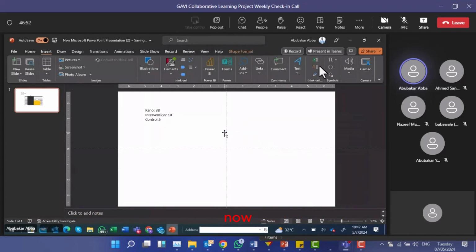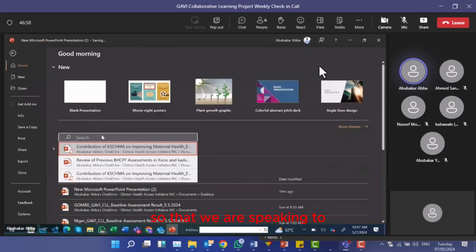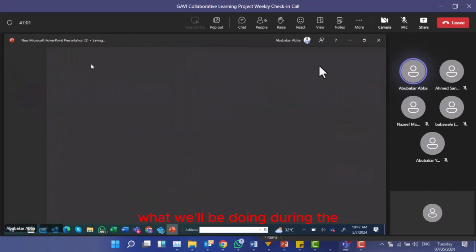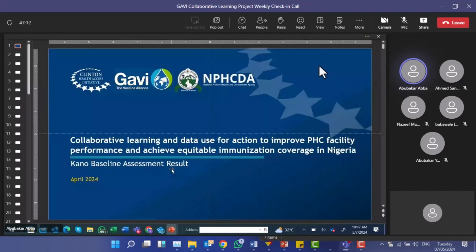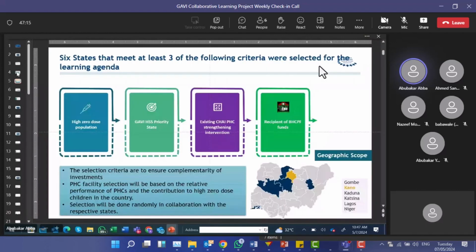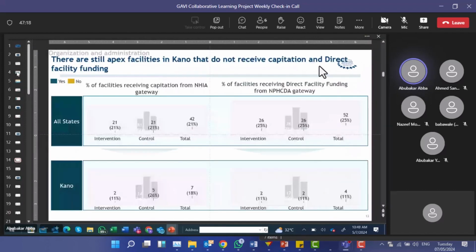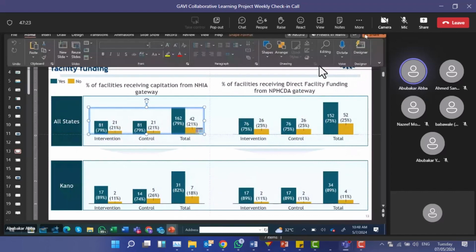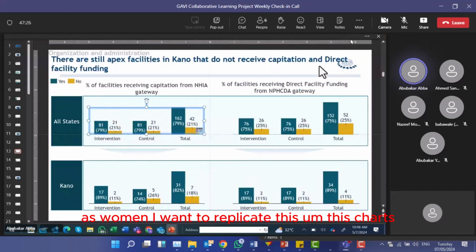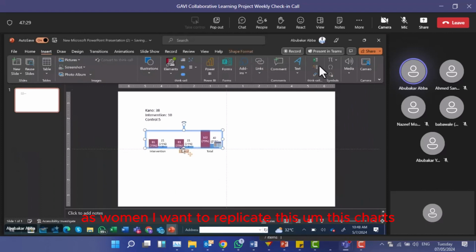Excel uses. So now let us try replicating some of the charts that we have so that we are speaking to what we'll be doing during the update of our deck. Okay, so assuming I want to copy, assuming I want to replicate this chart,